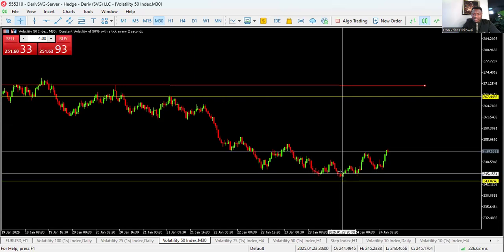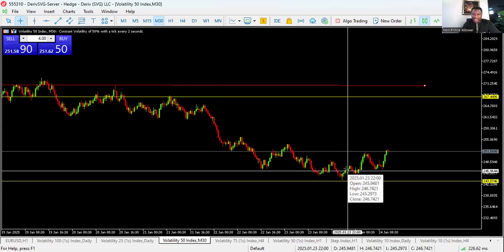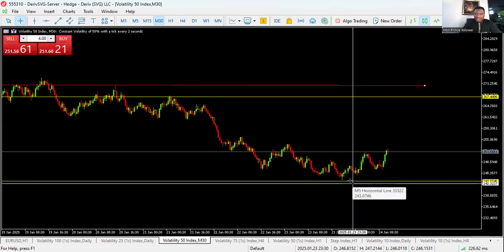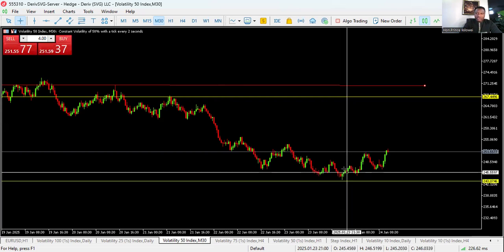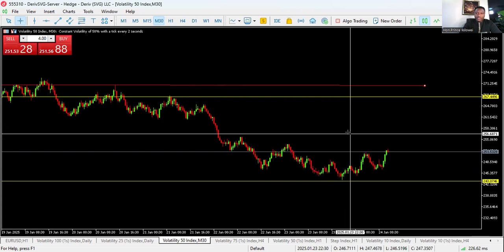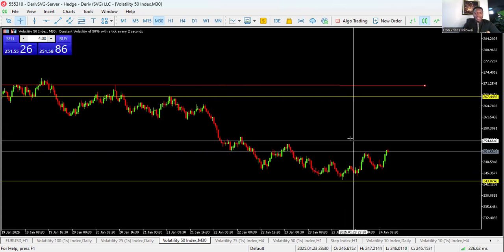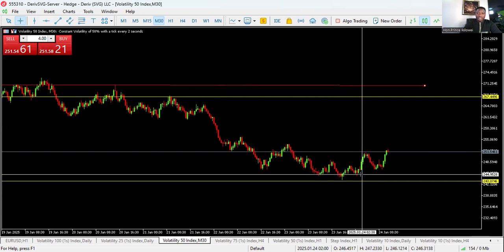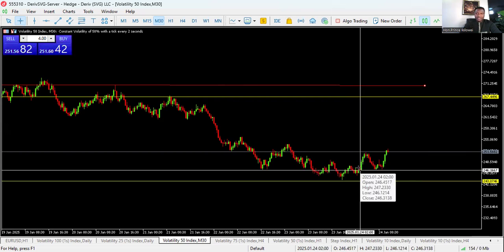Now the market is selling temporarily. So let me just put a pending order here. You put a buy stop here. The number is 246.9644. And then you put your stop loss below the candlestick. Then you take profit. Anytime you are placing a trade, your take profit should be 3 to 5 times your stop loss. For instance, if you are buying here, your profit should be 3 to 4 times your stop loss, so that in case you lose some trades, you are still going to make money in the long run. So know that.